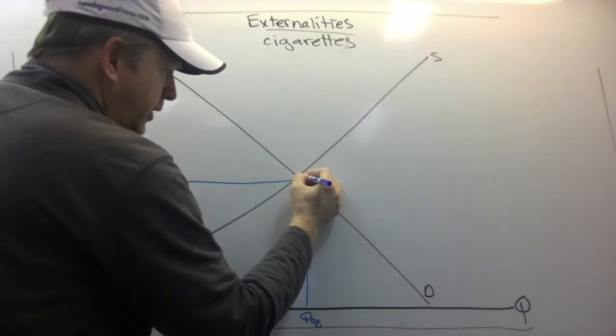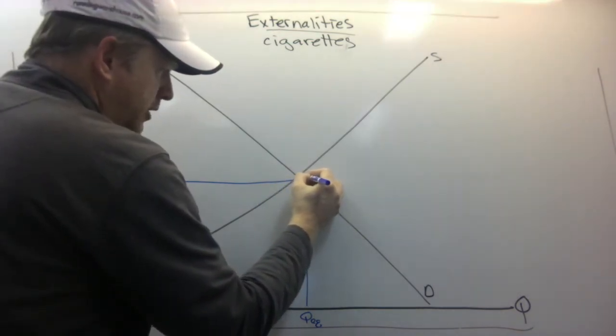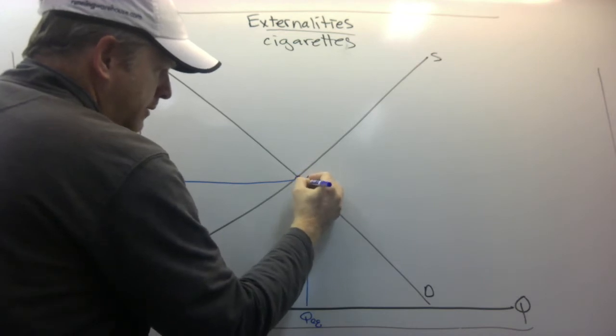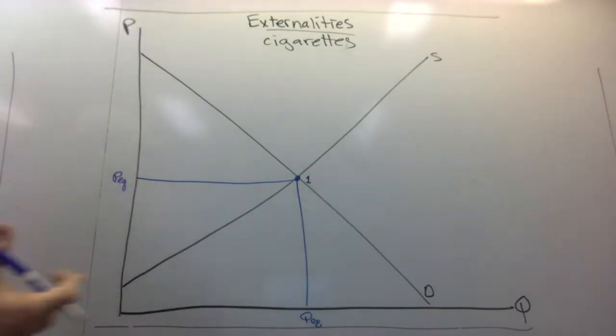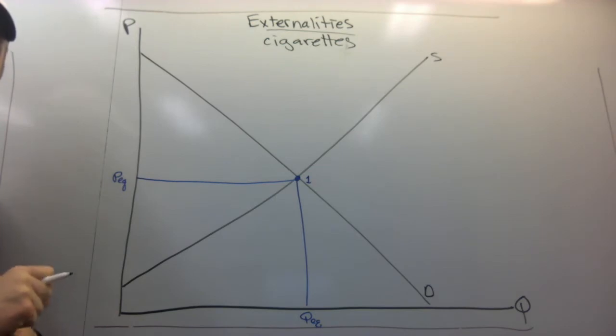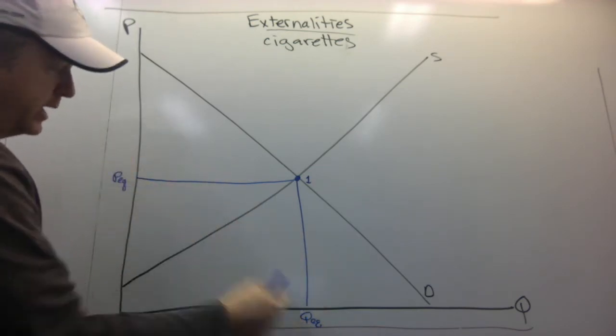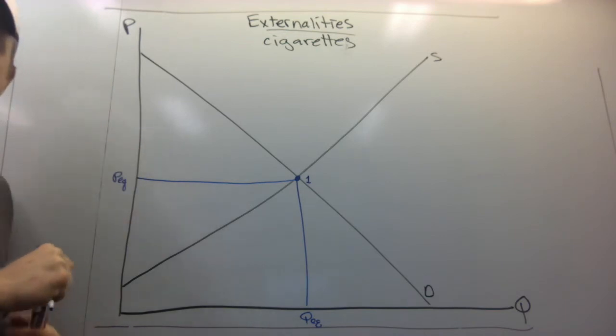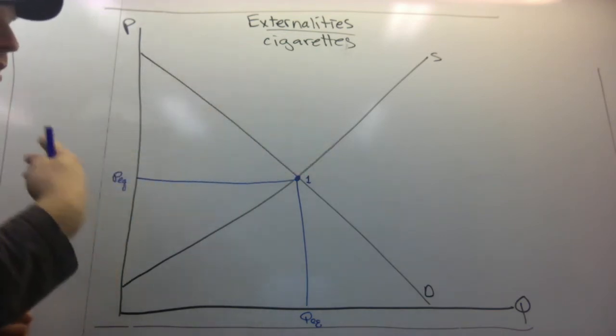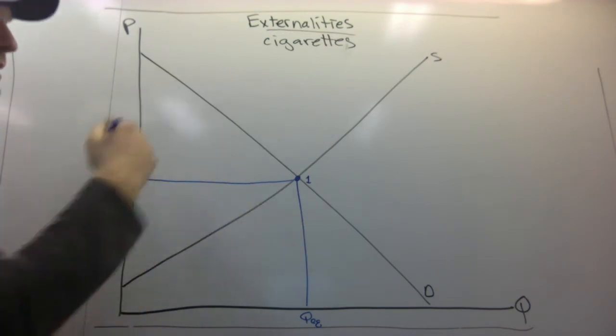Okay, I'll label this point. I'm just going to call it point 1. The equilibrium point in the free market creating an optimal output quantity and an optimal price. There's no way that we can make people better off, make suppliers or consumers better off without hurting the other, right? This is allocative